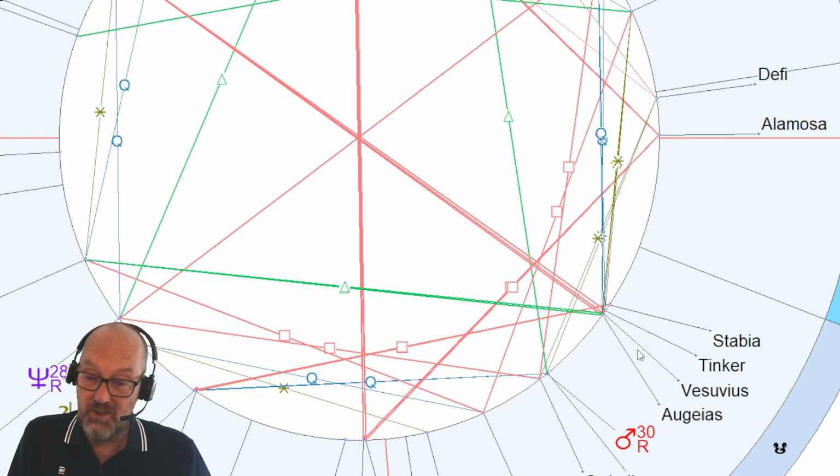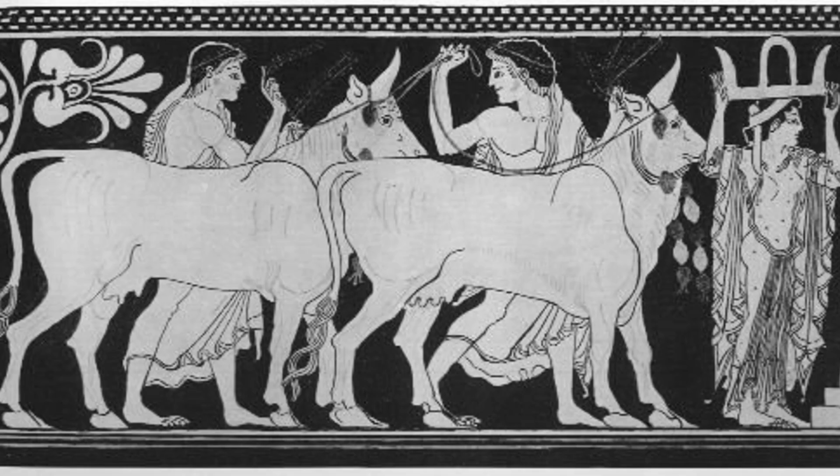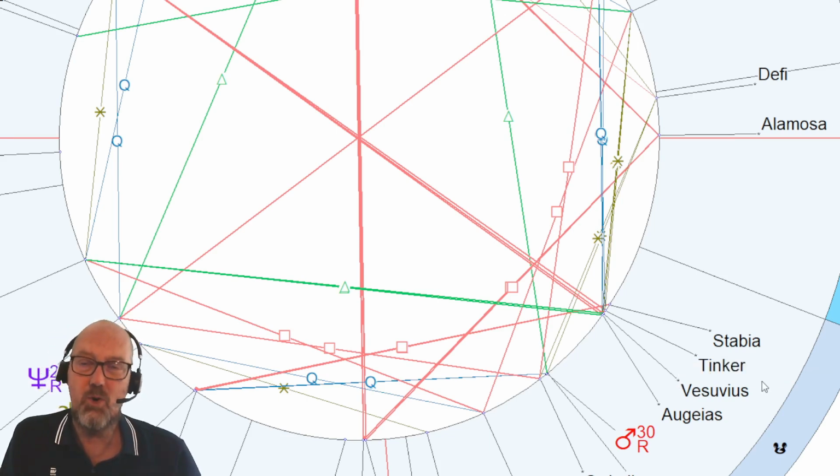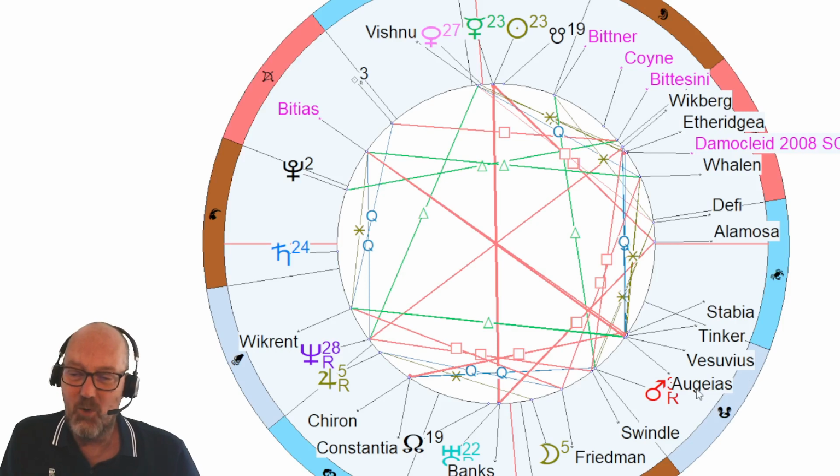It's very funny to me. I find Vesuvius and Augeias. And if you remember, Augeias was this person from Greek mythology who had to do with shit. And if you combine shit with Vesuvius, which is a quite potent asteroid, if you try to picture this mentally in a visual way, shit and a volcano that is erupting, what you get more or less is the wonderful American manner of speech way of saying things: the shit hits the fan. That's really literally what happens here.